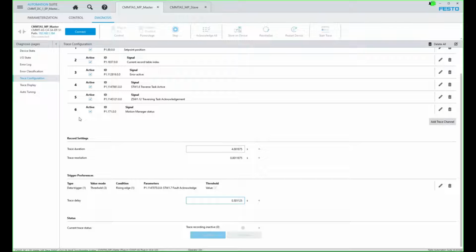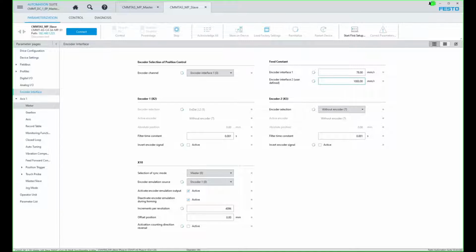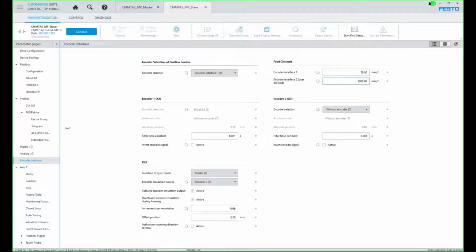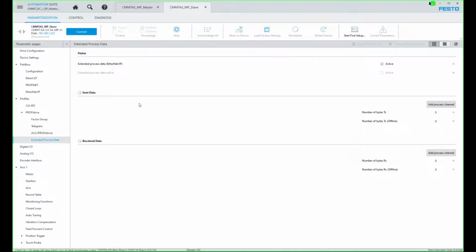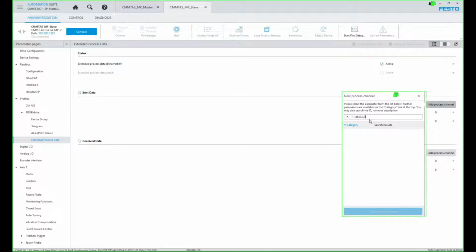Okay, so now the master changes that are required for synchronization are complete, and we're going to move into the slave. And as in the first steps of the master, the first thing we're going to look at is the extended process data, and we're going to add some parameters here. So as before, we're going to click on that, paste in the value that we want, wait for the refresh or the data to be found,